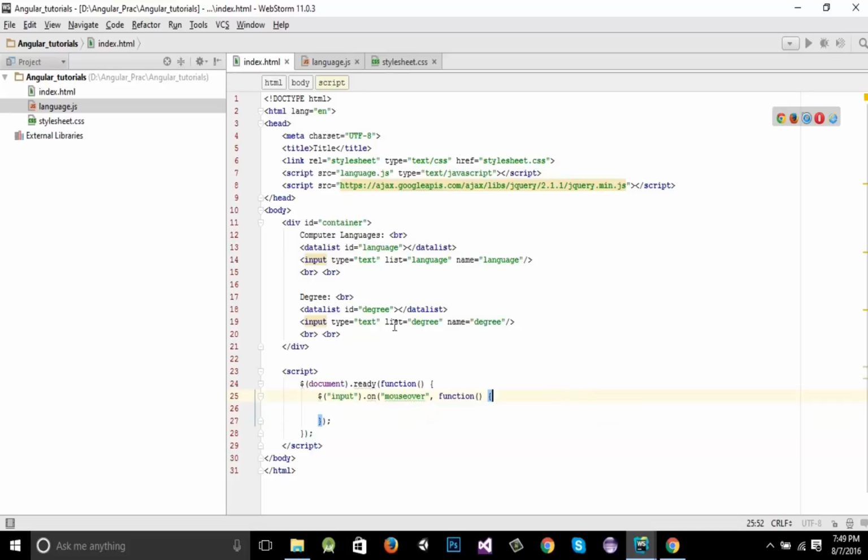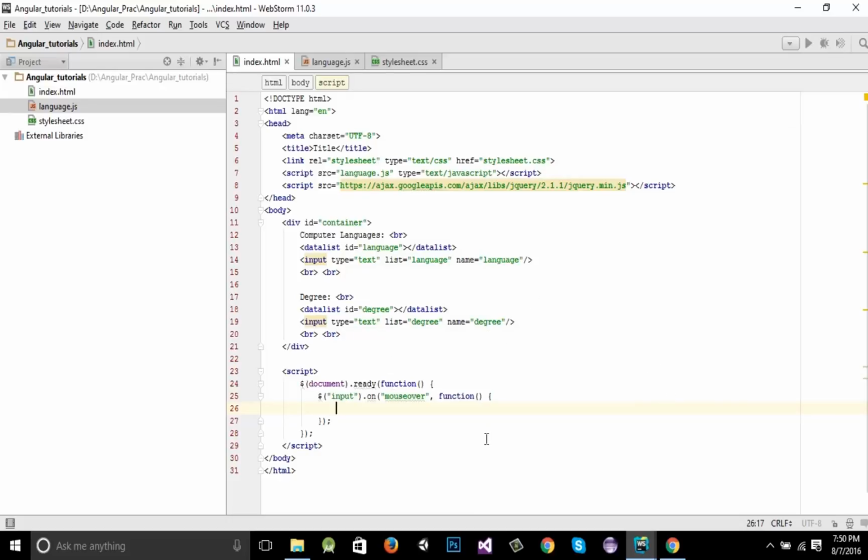Now we need to detect which one we used, so that we can send it to the generic function for generating the data for a specific input element. So in order to detect on which element we hovered our cursor,